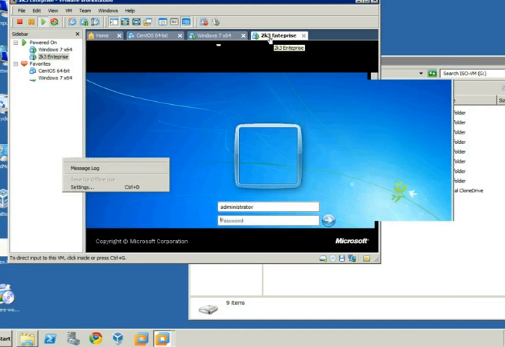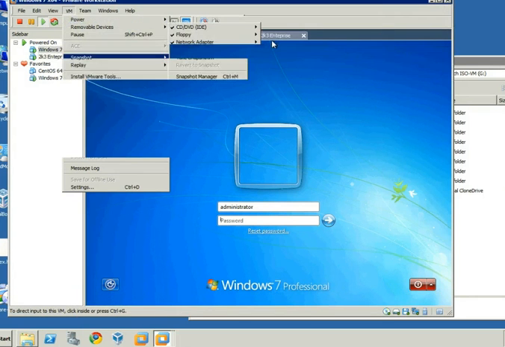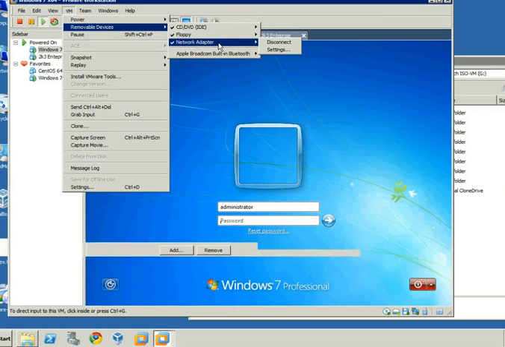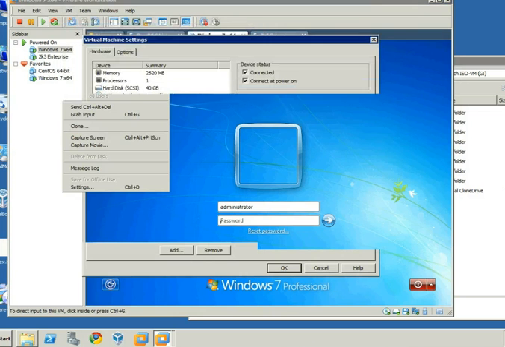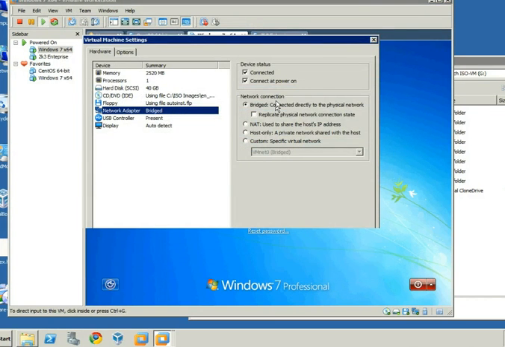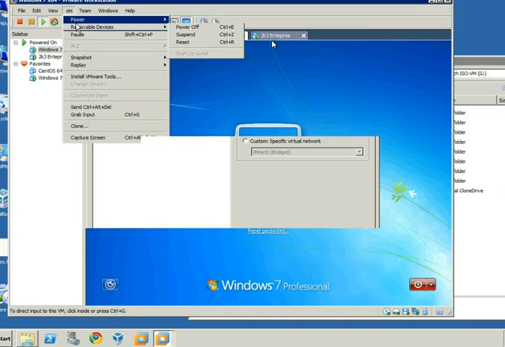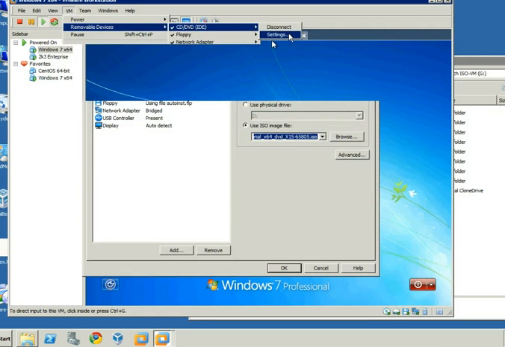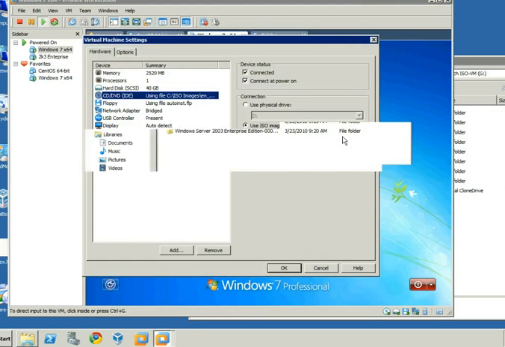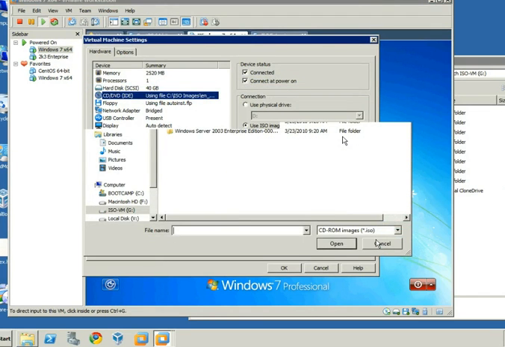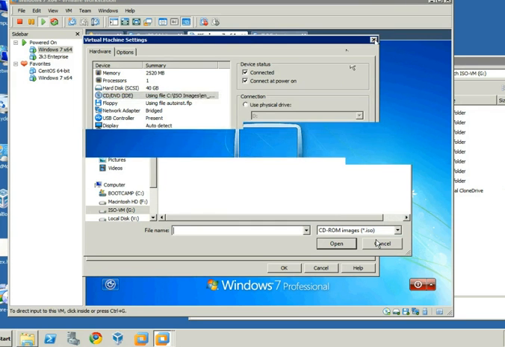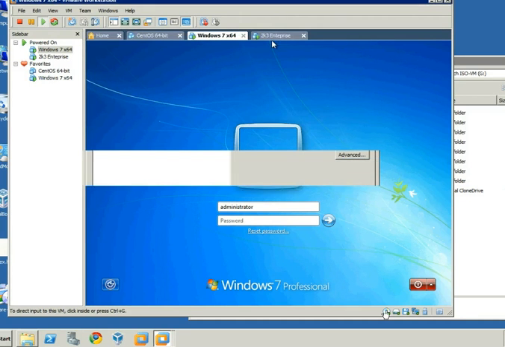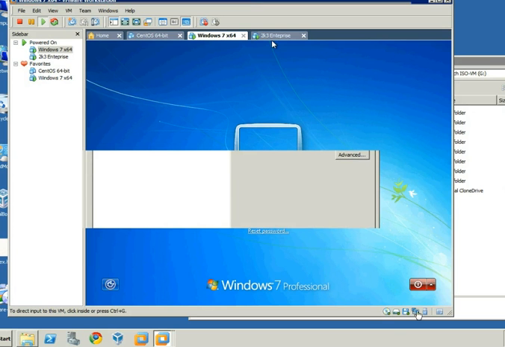All right, so you can alter the network settings with removable devices. Disconnect the network or go to the settings and change the settings of the network card so you can change it to NAT from bridged, etc. You could change which disks, so if you wanted to install something else, you can go and plug in a physical disk or go find a new ISO that you wanted to attach to that, etc. You could also do that down here, so you can change the disk by double-clicking the CD icon. You can change the network by double-clicking the network icon,